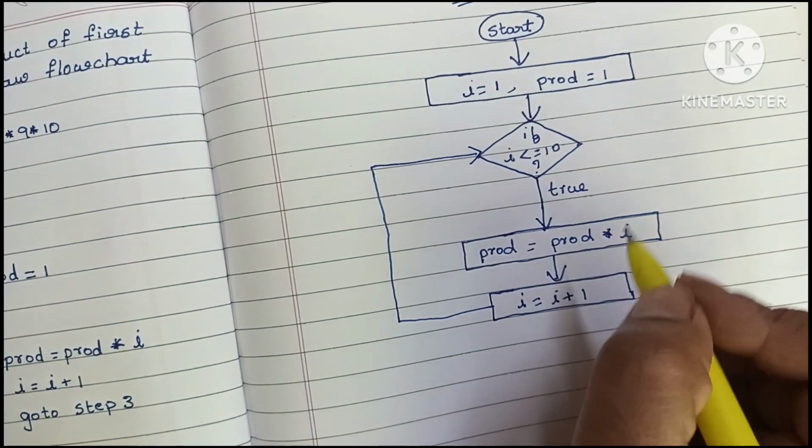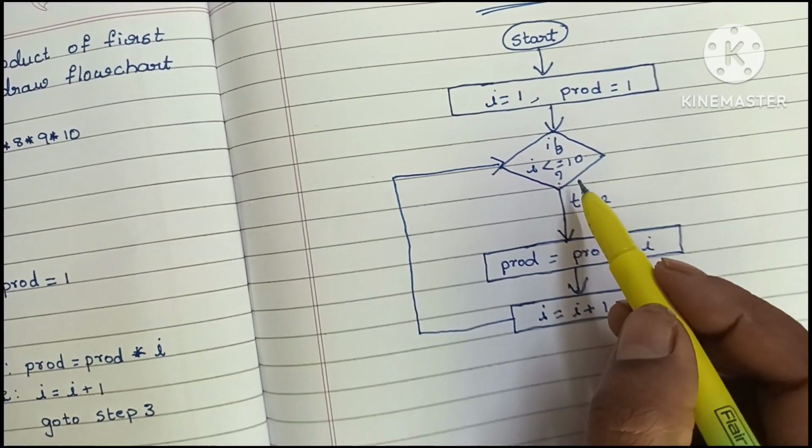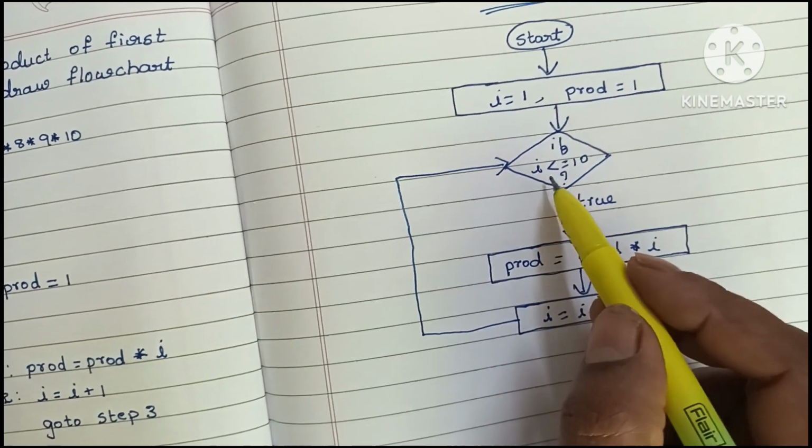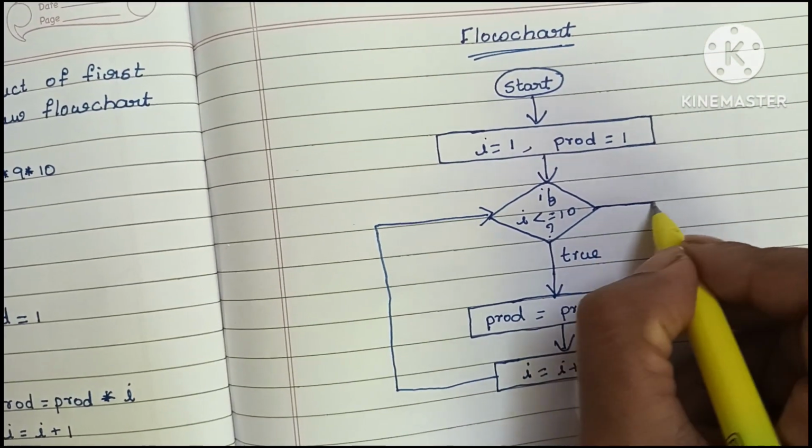To repeat this process, we have to go back and repeat until I value is less than or equal to 10. If this condition is false,